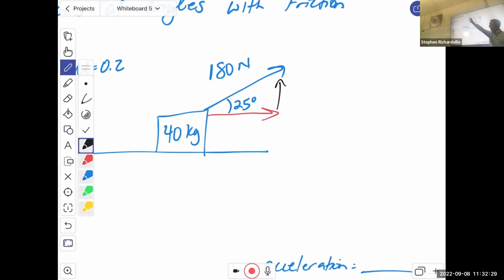I would love to do 180 equals 40a. Acceleration would be 4.5. That's good math. Check that. 180 divided by 40. I would love to do 180 equals 40a, but here's the deal. Not all of that 180 is making it go, right? I'm kind of pulling up on it some. But also, I got this friction piece up here. So because I have mu,